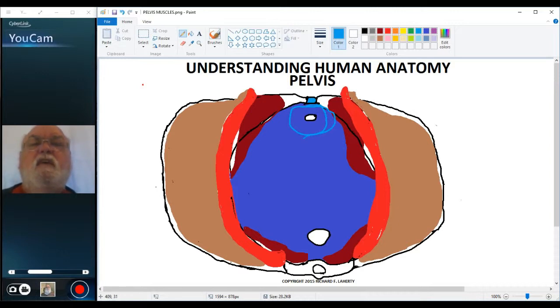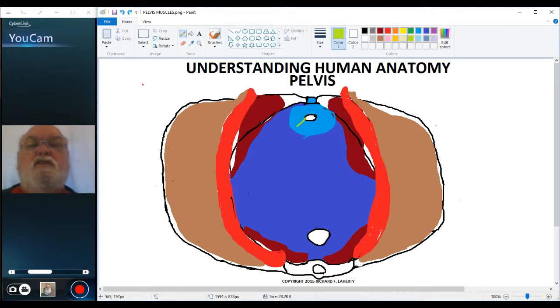Here, and let me color that in for you. And of course, the prostate surrounds the urethra, and we're going to have running through the prostate, besides the urethra, two